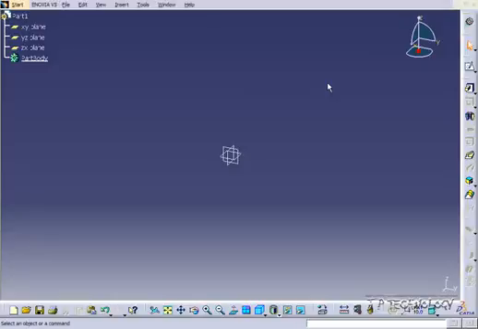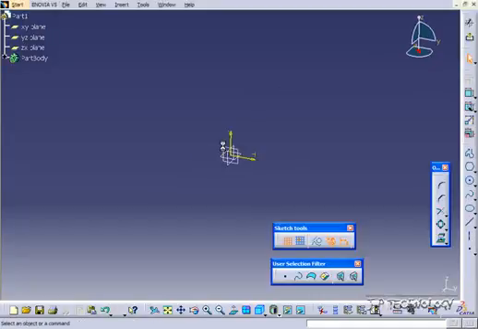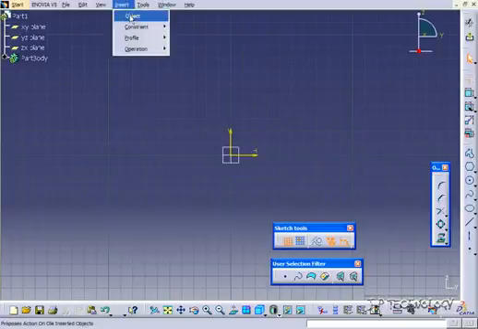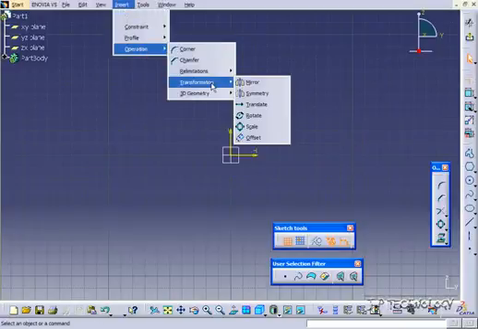This is tutorial number 17, and it covers how to use the Scale Sketch feature within Catia v5. To start off, let's open up a new part file in Catia, and once you've done that, let's go into the Sketcher. So click Sketch, and click any of the planes. Now, the Scale feature is found here, and you can also find it if you go to Insert, Operation, Transformation,